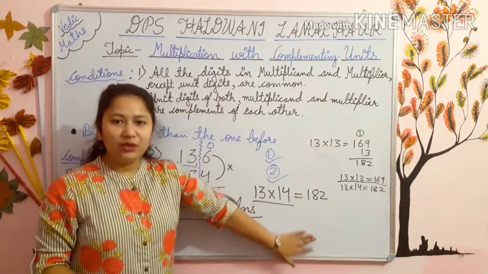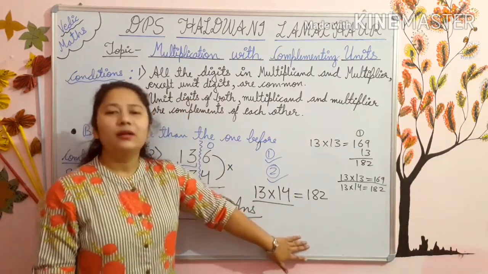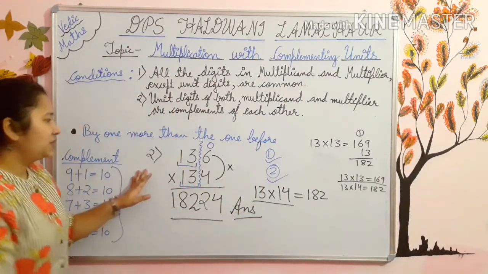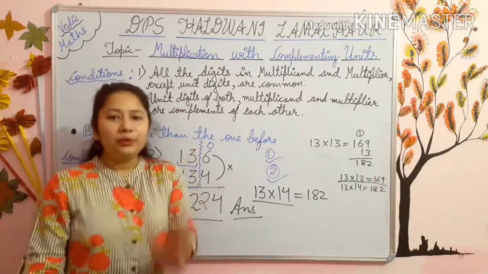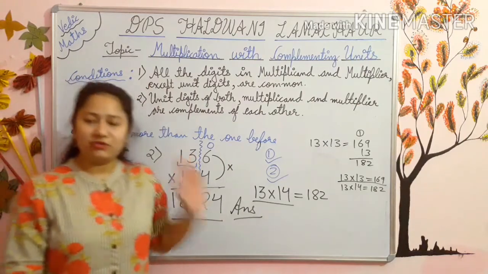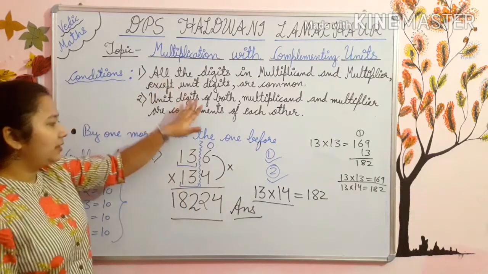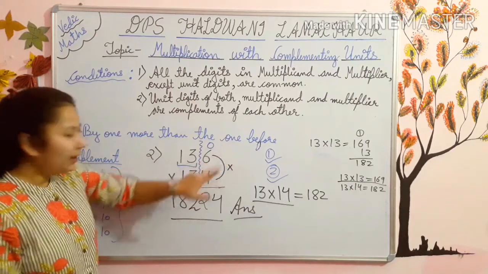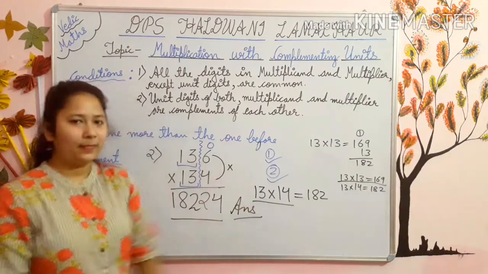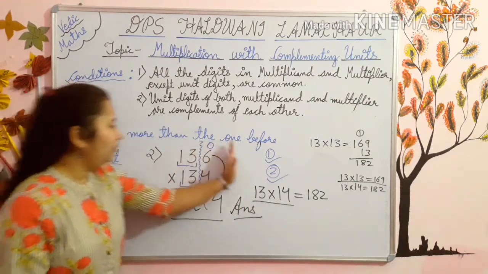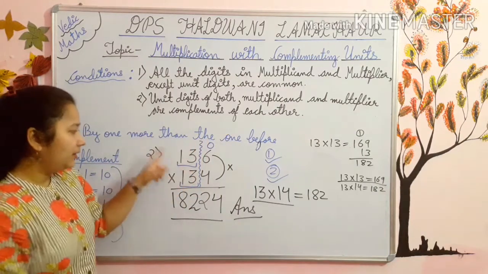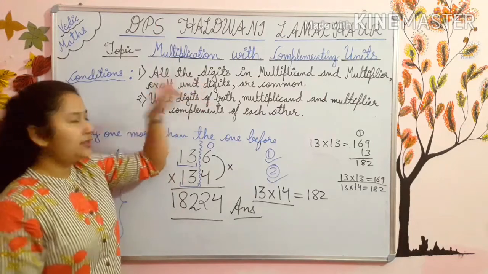At the end of this video, one more time I will recall this sum or the trick for you. Now first of all you will see whether both your conditions are being fulfilled or not. Then only you will apply this trick in the sum. Your first condition is that the multiplicand and the multiplier digits except unit digits should be same. Like if you remove the unit digits or the ones digit, the rest of the digits should be same. See 13, 13. So the first condition is applicable.